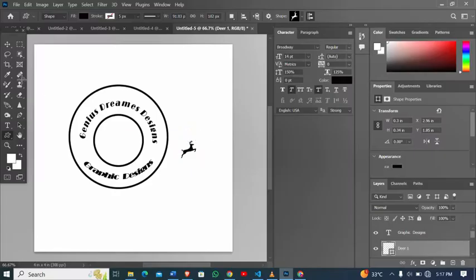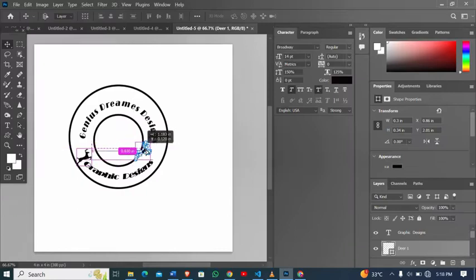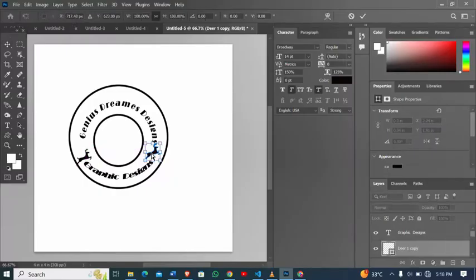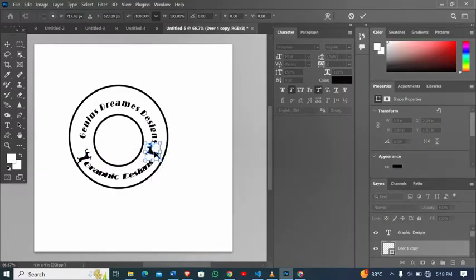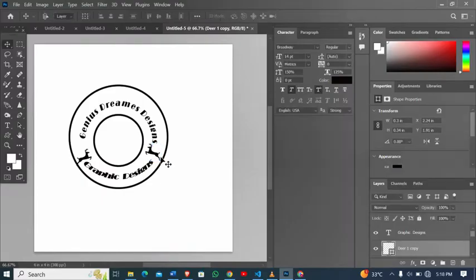After that, I'll press enter and then move it here. I'll hold Shift and Alt to make a copy. Then Ctrl T, right click, flip it horizontally, press enter. So now we are done with this part. The next thing is I'll go in for my text tool, and then I'm going to write